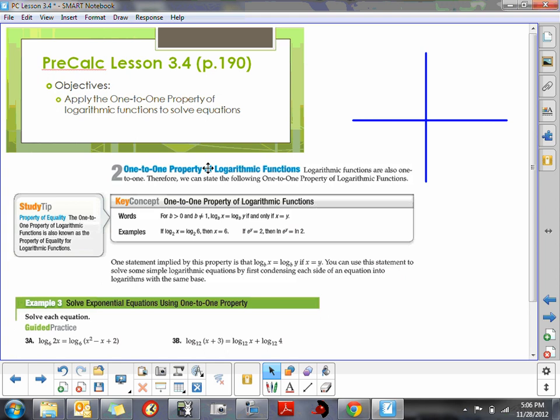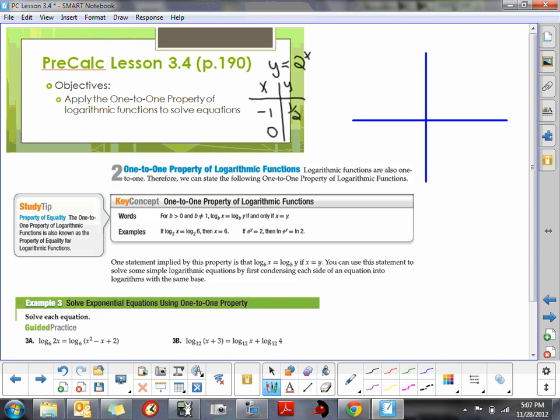concept of one-to-one functions. So what I'm going to do is take a simple exponential function, y equals 2 to the x. We're going to graph the ordered pairs, x and y. Well, if we put in a -1, we get a 1/2 back. If we put in a 0, we get a 1 back. If we put in a 1, we get a 2, and we can graph more ordered pairs, but that's really